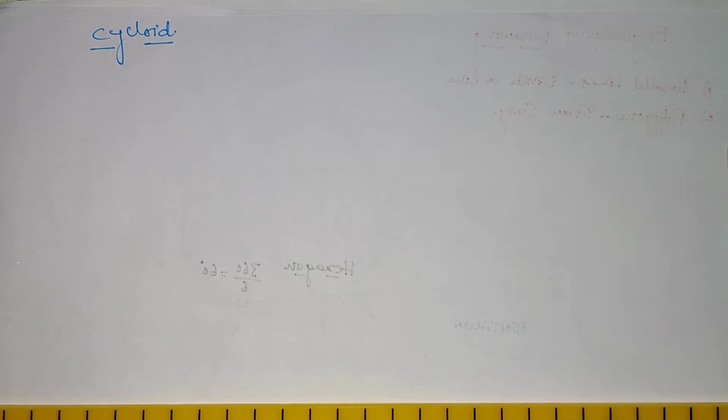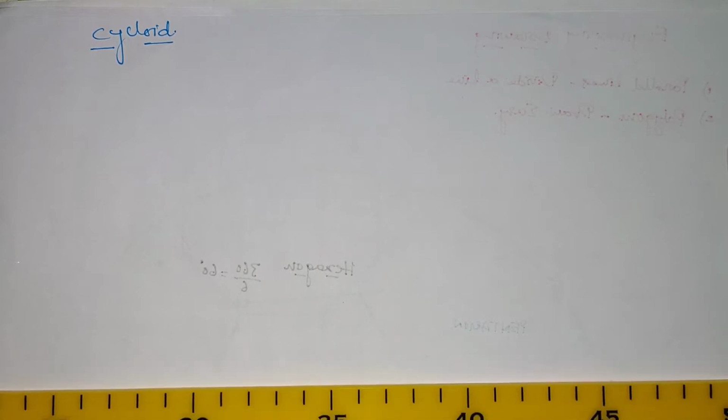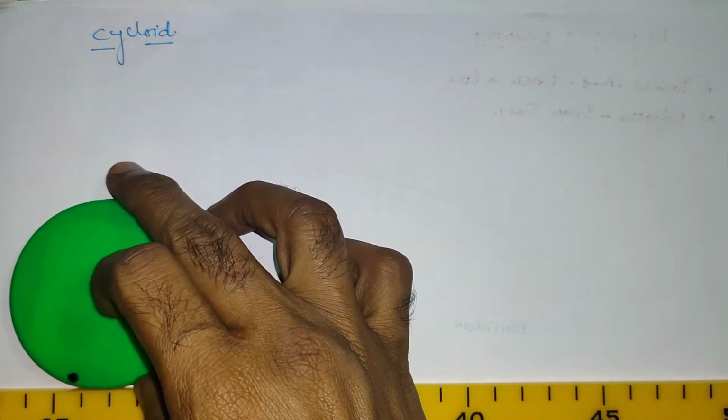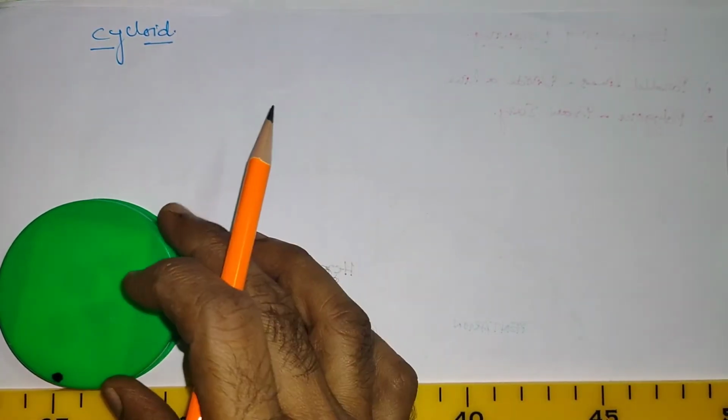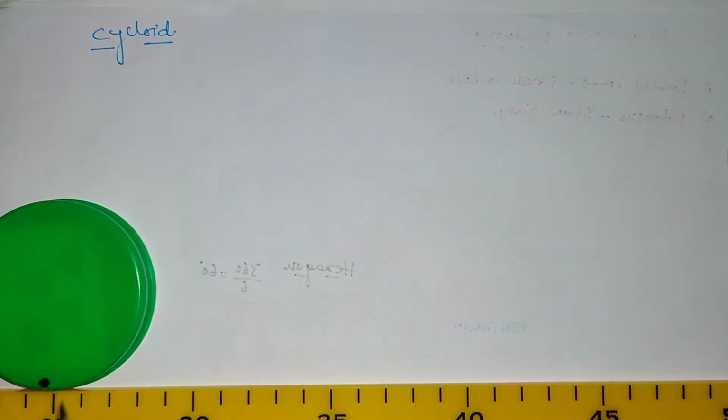Here, I will show you a small example. I am considering this as a circle and this is a point. So, consider this as the initial point, and I am going to trace the position of this point as the circle rolls on this straight line path. The important point that we should remember is the circle should not slip while having the linear motion along this scale.